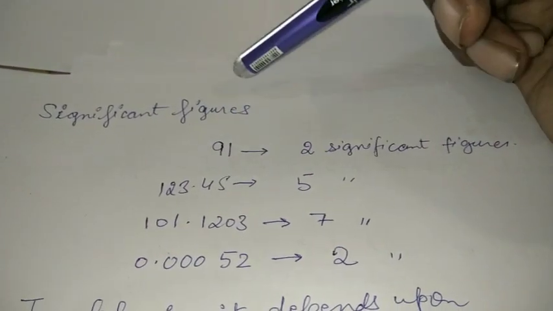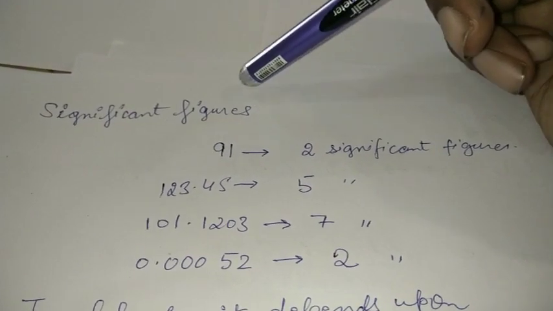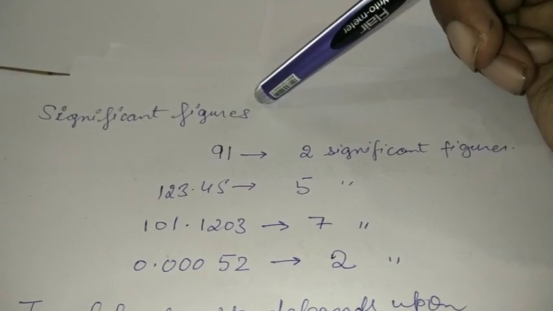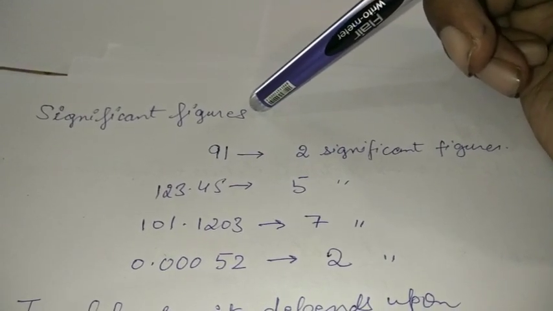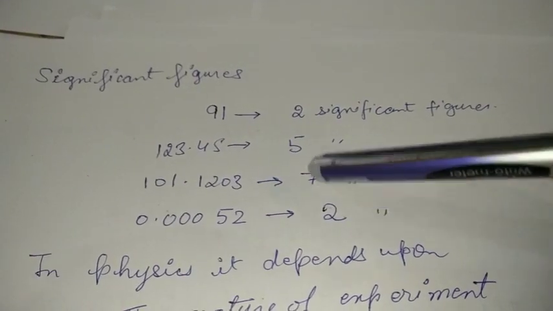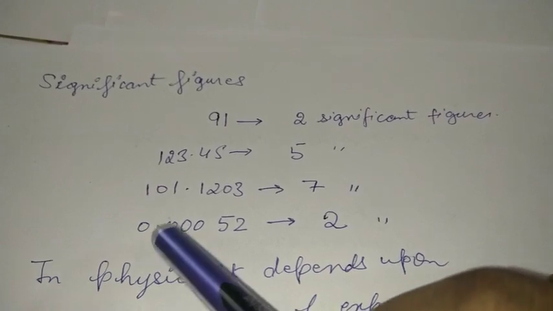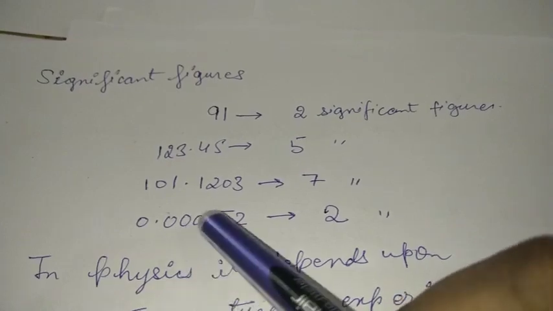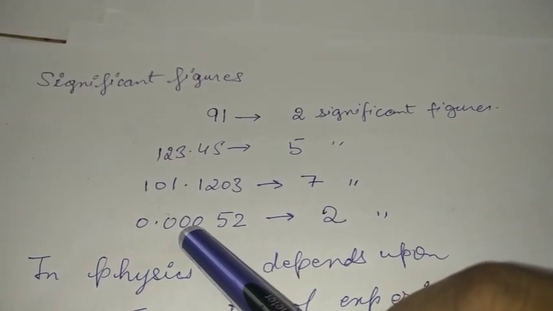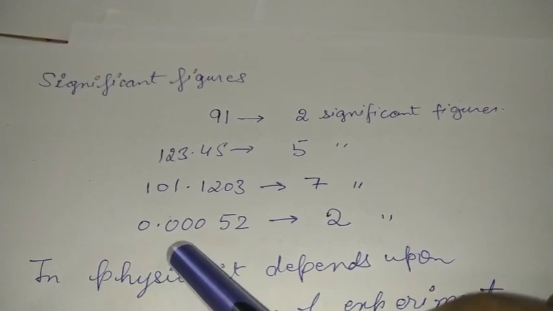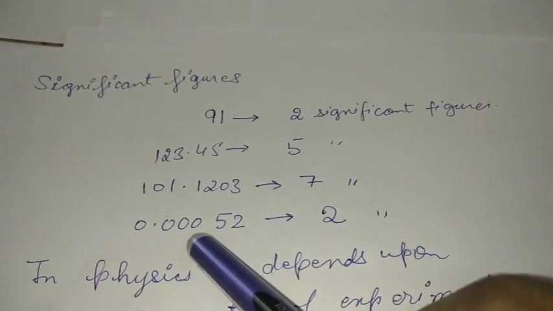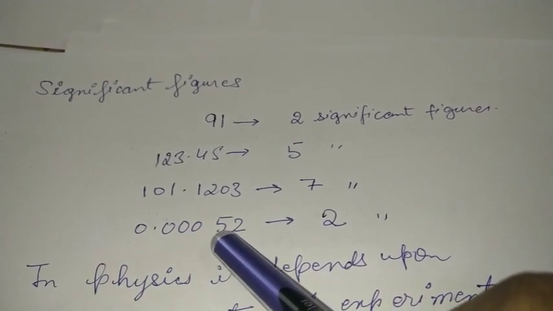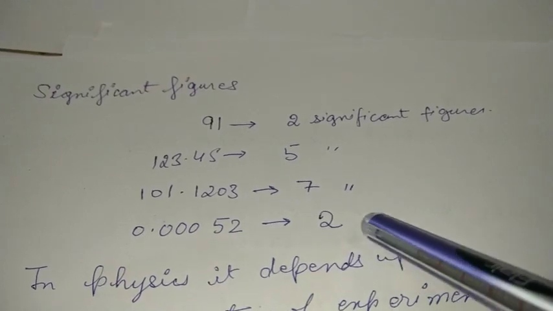Normally, always remember what significant figures refer to. They refer to the total number of non-zero digits present. But there are a few cases in which we are going to consider the zero. Before we take example number 3, let's take the fourth one. We have 0.00052. Now over here, the zeros with which the number starts, we will not count. These are basically known as leading zeros, L-E-A-D-I-N-G, leading zeros. So these are not to be counted. We always count from the very first non-zero digit. So we will have 5 and 2. That will make it two significant figures.